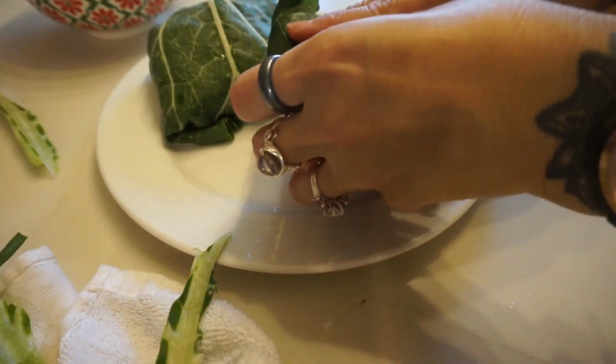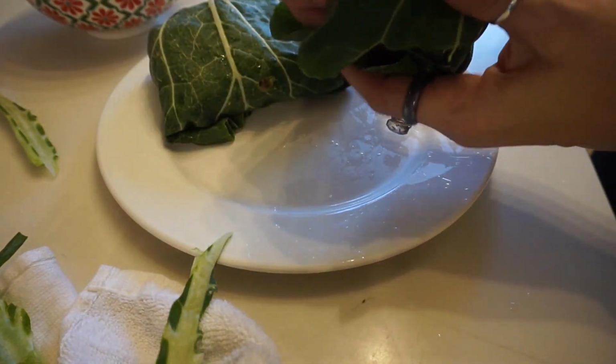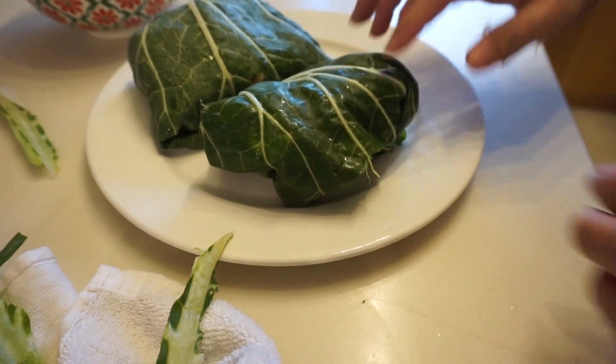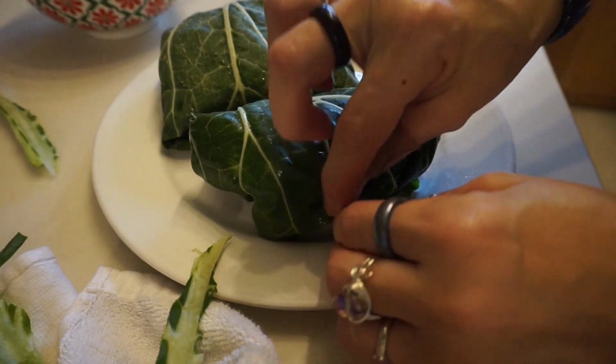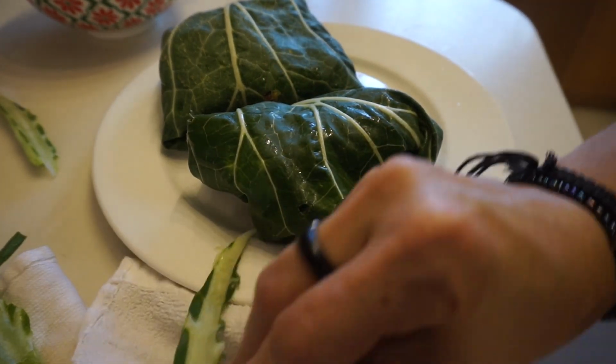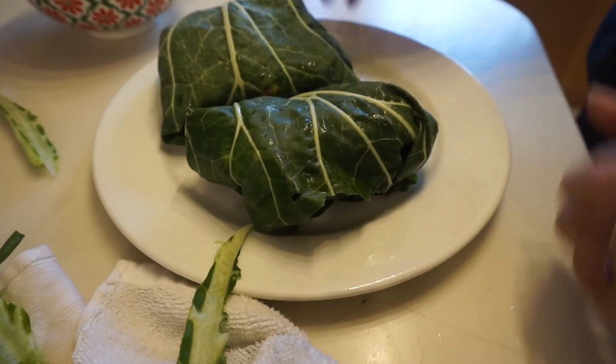Don't you guys love how I just wing everything? It is what it is. Okay. I think that's better. Okay. So that's gonna fill me up so that I can go and do my